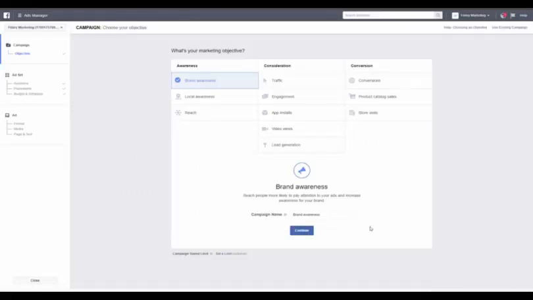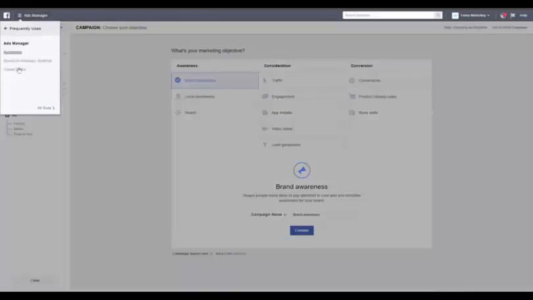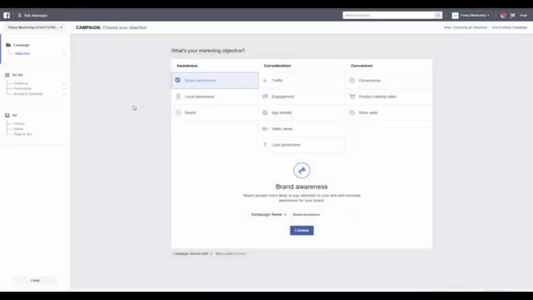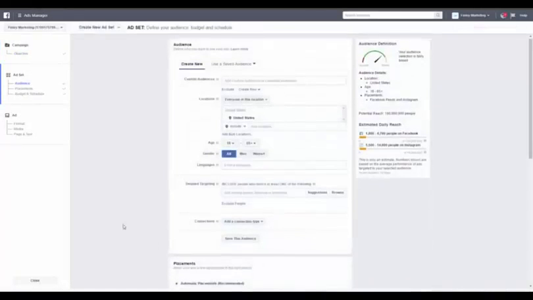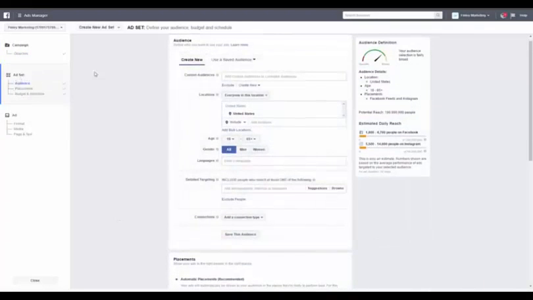You can find core audience filters whenever you create a new ad in Power Editor or Ads Manager. That's using what we call the create flow for these tools. You'll first be asked to create your campaign objective. Select a campaign objective. Here I'll just select brand awareness for this example. And then you'll proceed to the ad set or ad set audience creation.